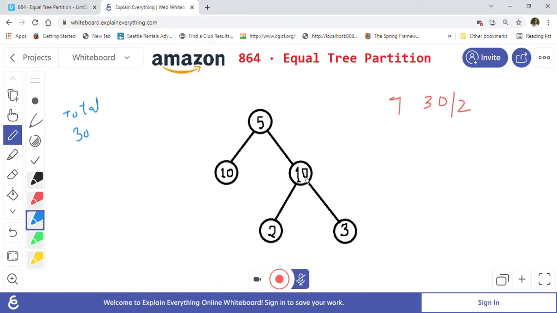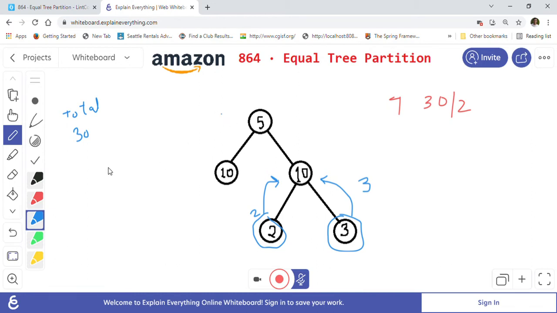So for example, if we have a recursive call that goes on the right side, the recursive call will reach here, and this will give total 2 to the node 10. So this is having total 2, and this node 3 will give us that it has a total 3, basically. Every node will get left and right side.